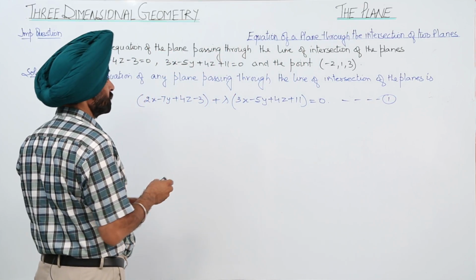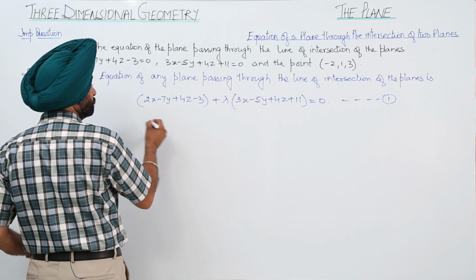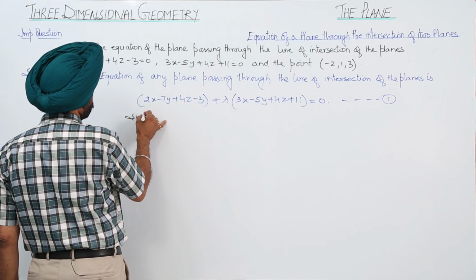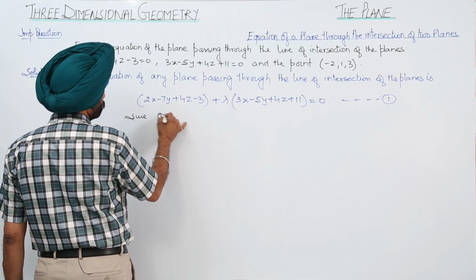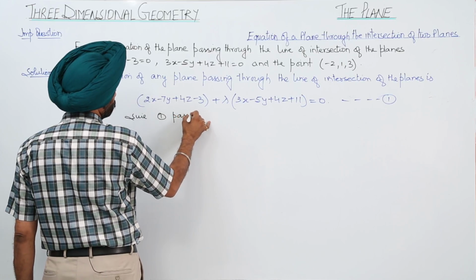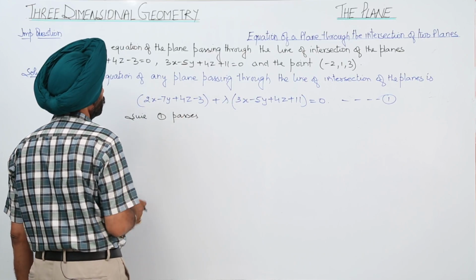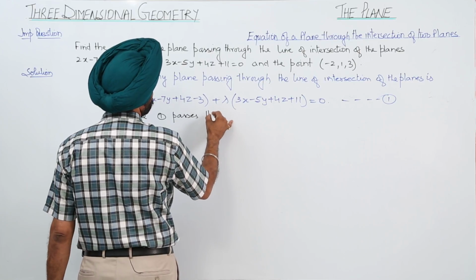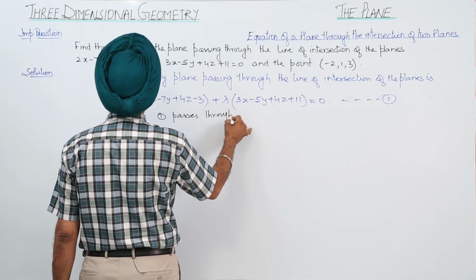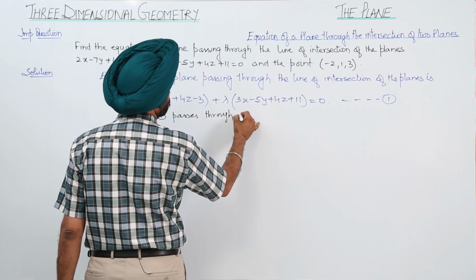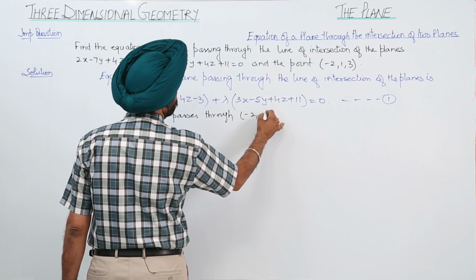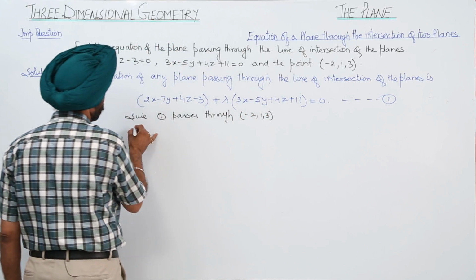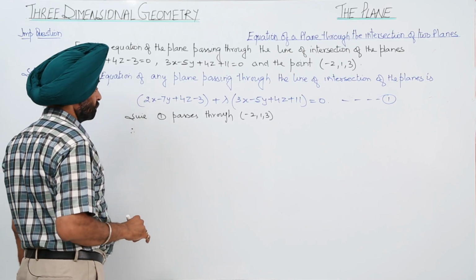Now, since equation 1 passes through (-2, 1, 3), therefore,